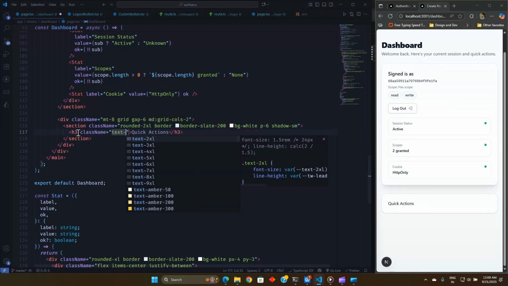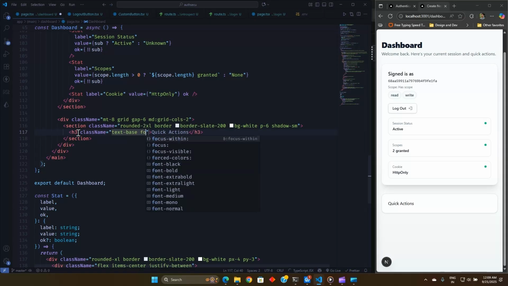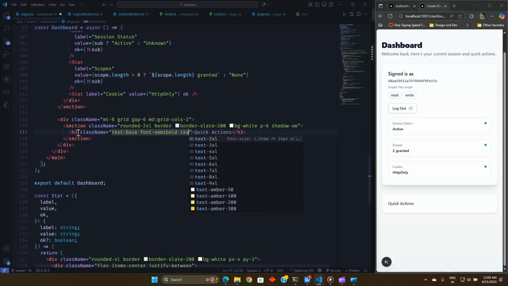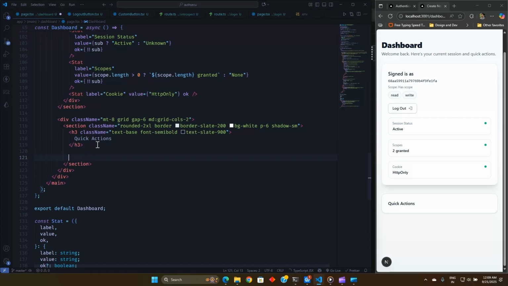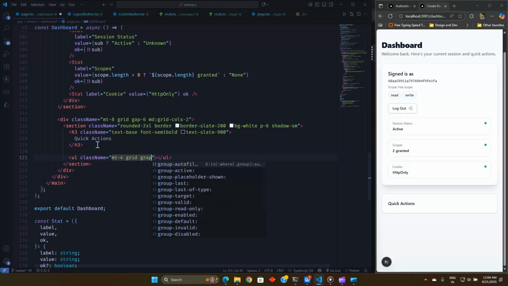So here text is base size, and font is semi bold, and text color is slate, which is 900, and save. So now you can see our title is also ready. Now after this h3 we will create an order list, and let's add some class to it, like margin top is 4, and grid gap is 3,